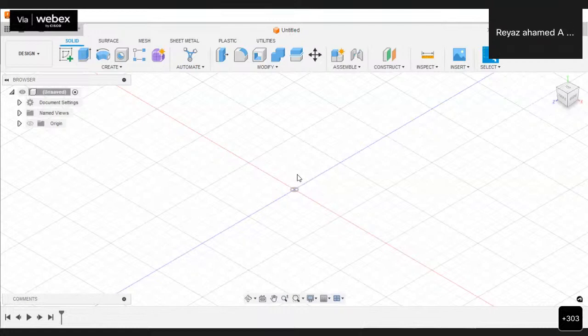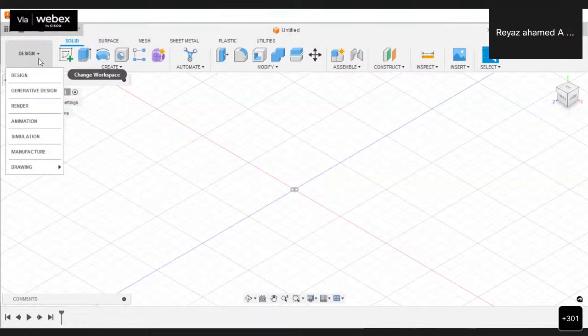It is software which gives the total solution for a design-based industry. That design-based industry may use it for creating not only machines or mechanical assemblies, but also any kind of models which are helpful for other engineering departments too. It may even be used to design the PCB board, which is used by electronics engineers. Okay. So this is a total solution software where you may create the design, generate the design with the help of some inputs, and convert the designs into realistic images.